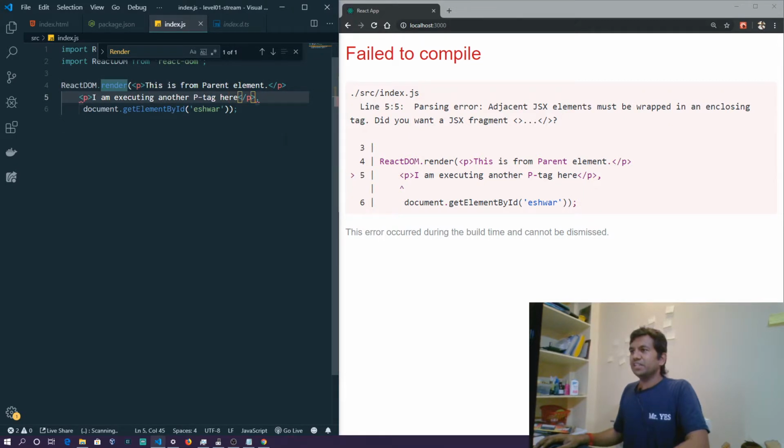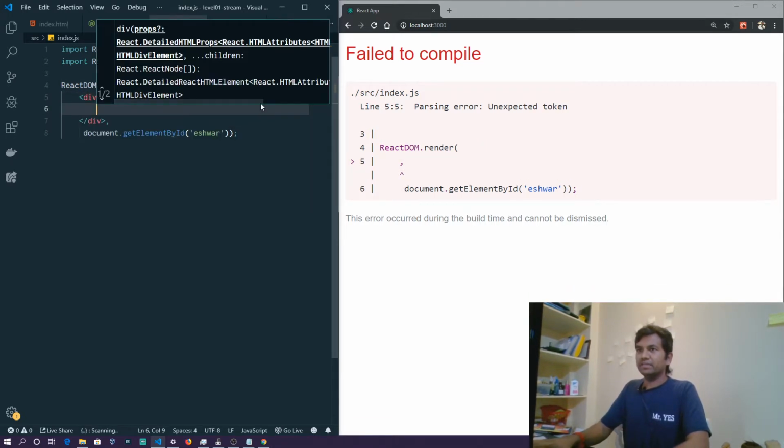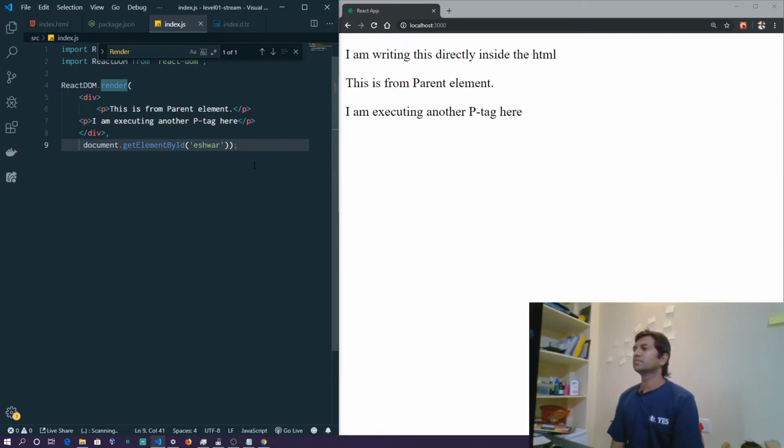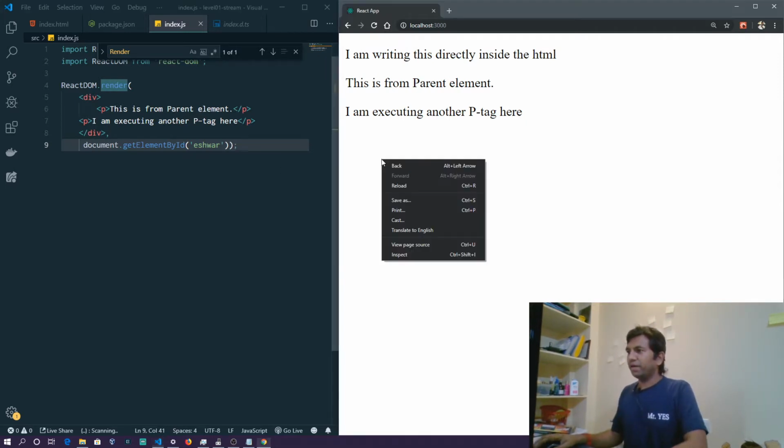So essentially it says, now forget about what this JSX fragment is. There's one quick solution to this. It just says that you should wrap it. So let's wrap it. One of the easiest ways to do this is to have a div again and put them all inside a div. All right, we are there. So we get all the p tags rendered in our web app in the browser, and there's no error. Now if you go back and inspect